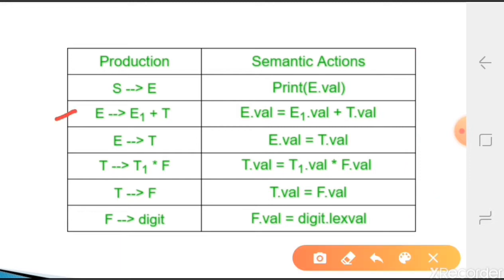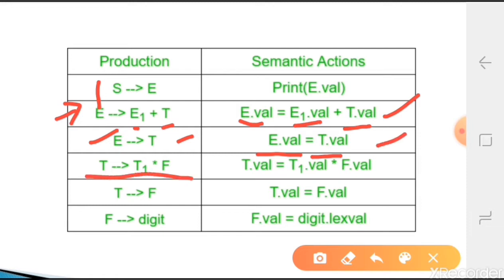So here E, whatever is there, this E is evaluated from E1 and T. That is, if you draw the parse tree, what will happen? The head, whatever is there, depends on whatever nodes are coming at the bottom. So this is synthesized. Okay, so here E depends on T. So E is dependent on T, and this is called a synthesized one.